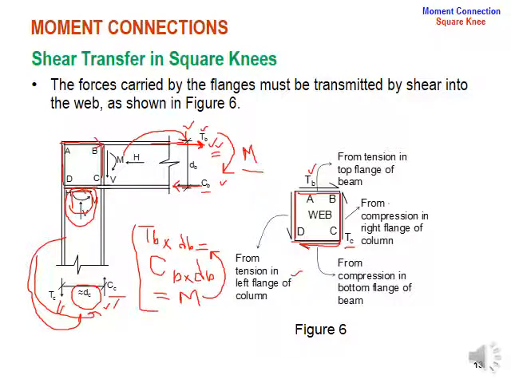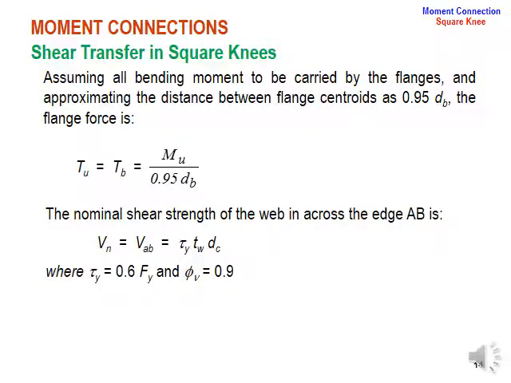So finally, to stabilize this element, what should happen? Your TB should be equal to TC, so that shear strain is not produced. So what we have to do is ensure that the capacity of this joint is enough to resist this TB or TC produced within that particular element, as shear. So in this case, the shear force, or the force that needs to be resisted, will be TU, equal to TB or TC, since both components will be the same. So we are going to represent this flange force as TU.